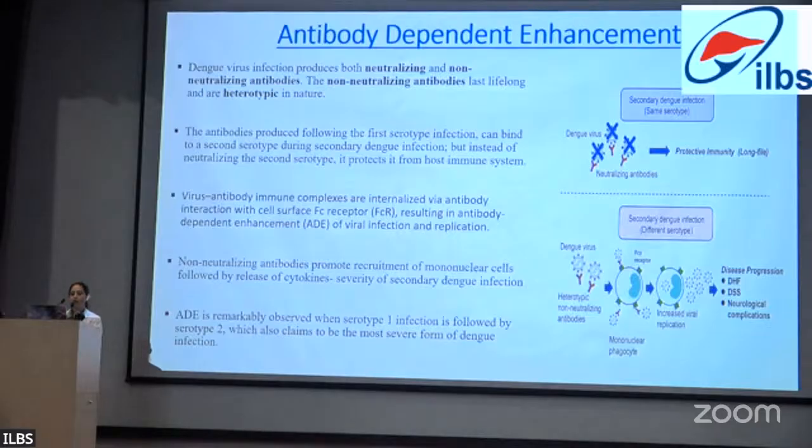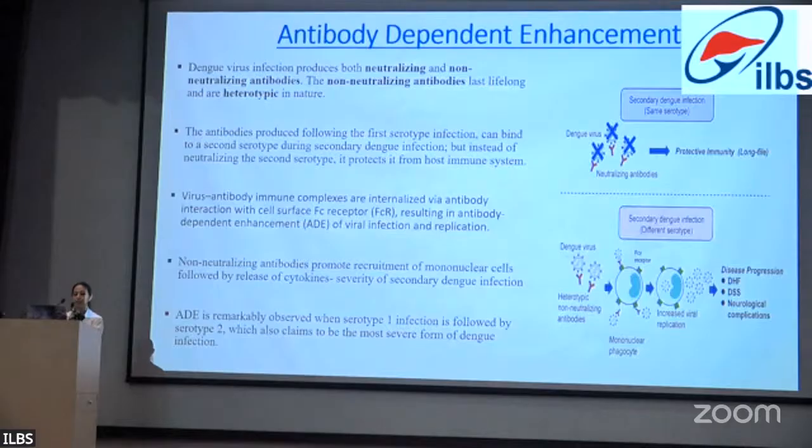The non-neutralizing antibodies last lifelong and are heterotypic in nature. The antibodies produced following the first serotype infection can bind to a second serotype during the secondary dengue infection, but instead of neutralizing the secondary serotype, they protect it from the host immune system. Virus-antibody immune complexes are internalized via antibody interaction with the Fc receptor, resulting in antibody-dependent enhancement of viral infection